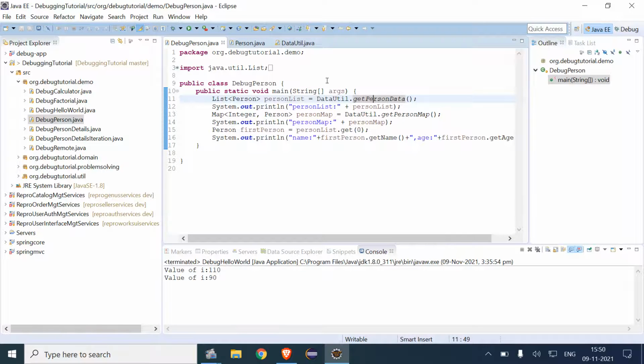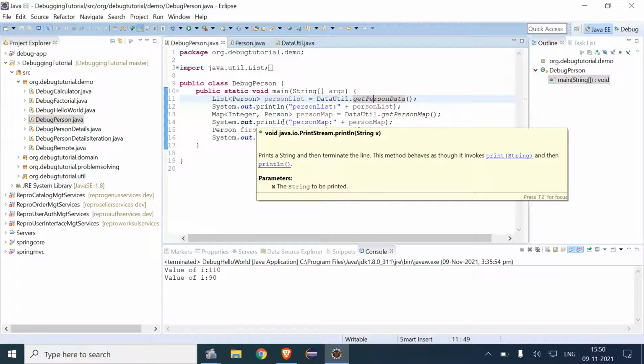So overall, we can understand the basic structure of this program. We have the list of persons, and we have the mapping in which integer and person are the utility provided.